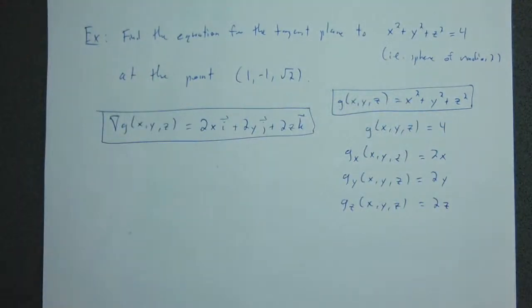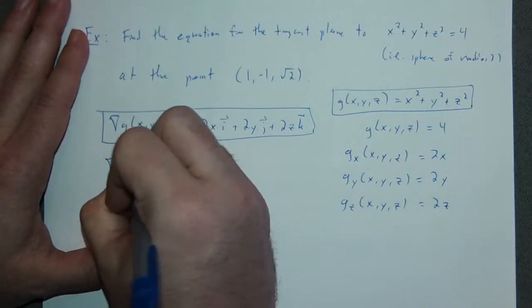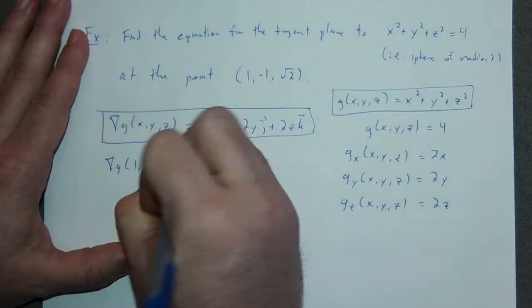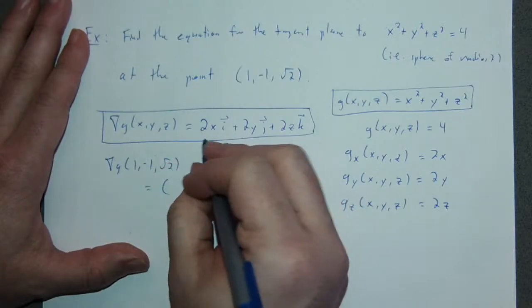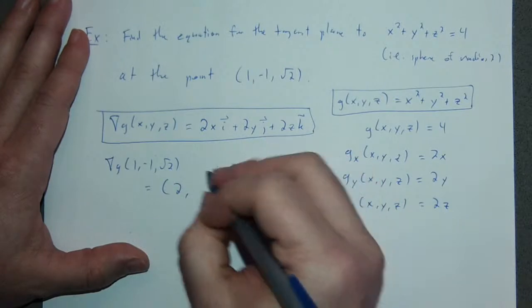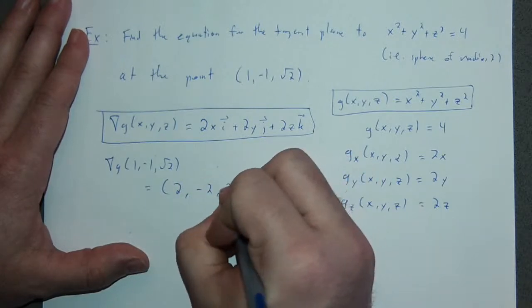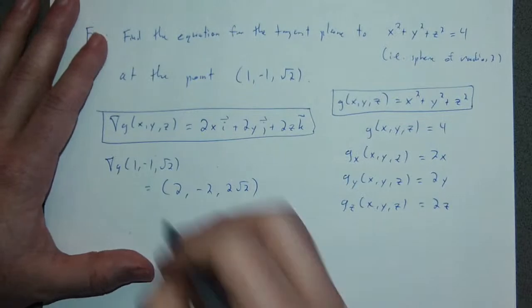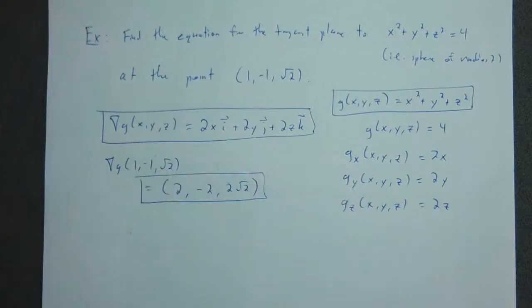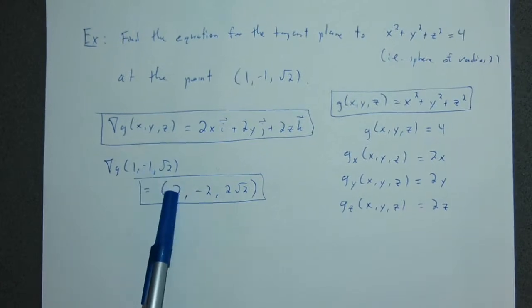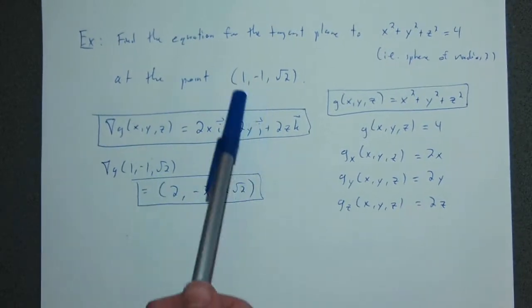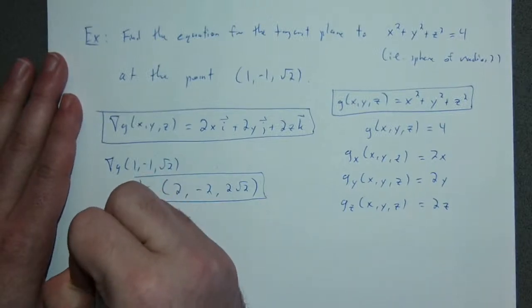So then in particular, the gradient vector of g at 1, minus 1, square root of 2 is the vector, I'm just going to write it like this, 2, minus 2, 2 root 2. All right, so there's my gradient vector. So I have the vector that is normal to the tangent plane at that point, and I have that point. So the equation for the tangent plane,